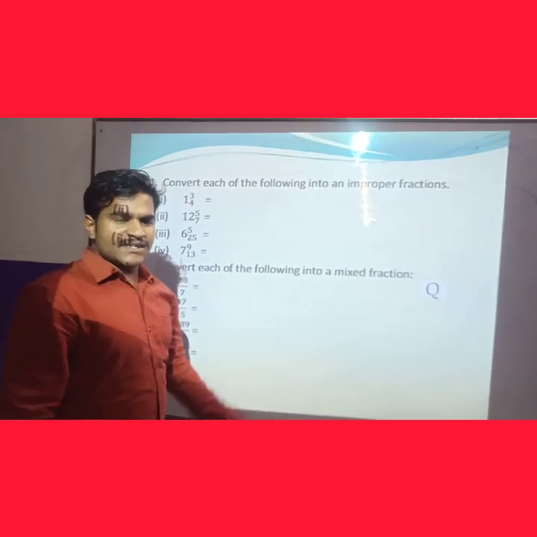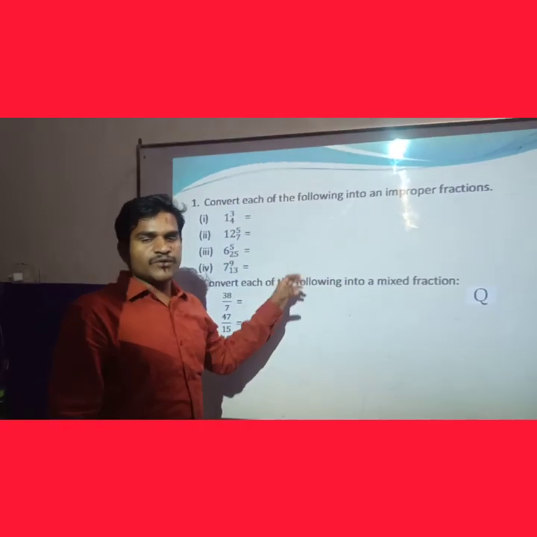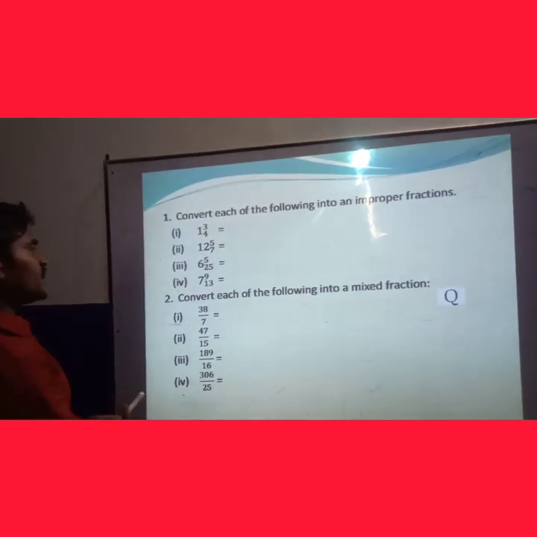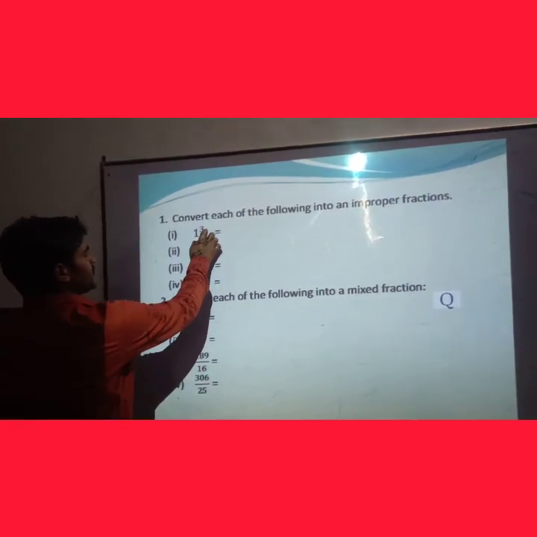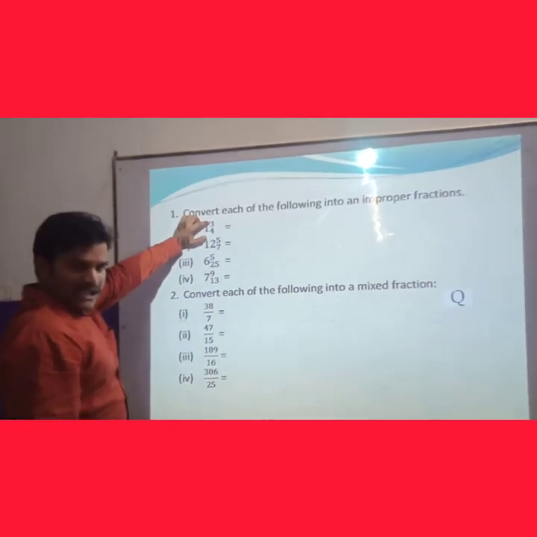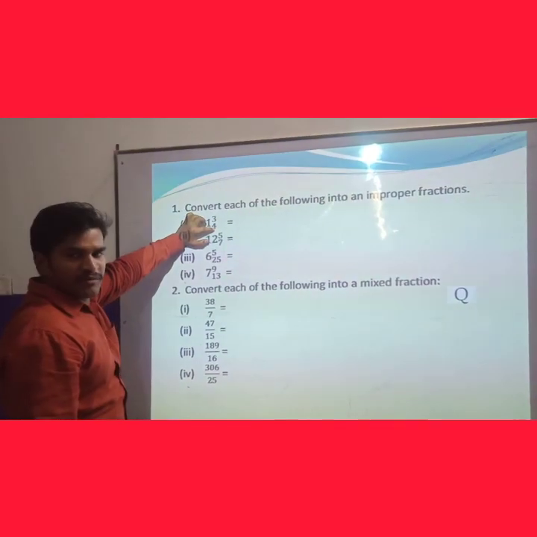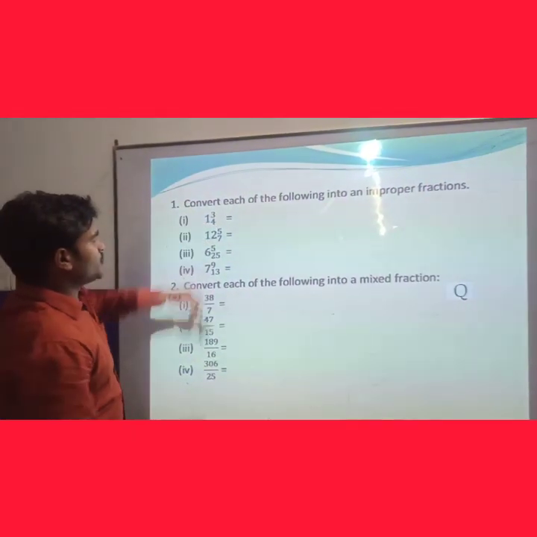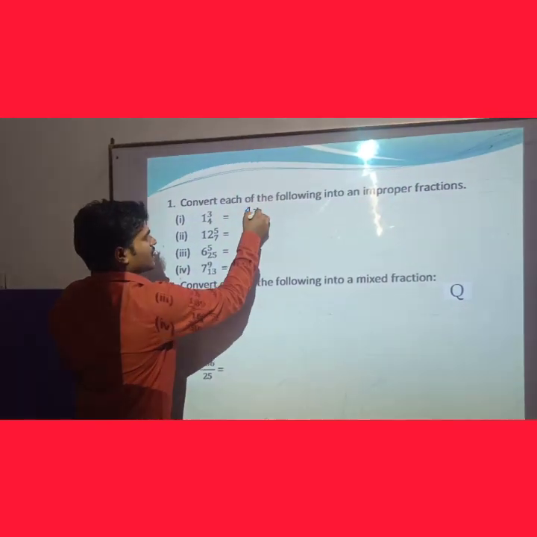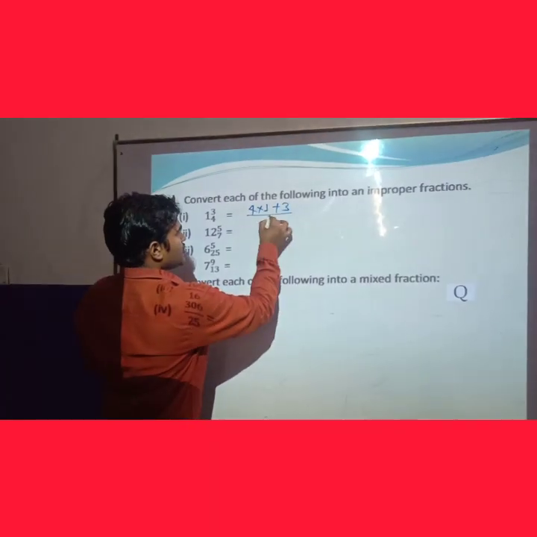In earlier classes, you learned how to convert a mixed fraction into an improper fraction and how to convert an improper fraction into a mixed fraction. So here, 1 complete 3/4. 1 is the natural number, and 3/4 is a fraction where 3 is the numerator and 4 is the denominator. So first we multiply 4 into 1, that is 4 multiplied by 1, and we will add its numerator upon 4.